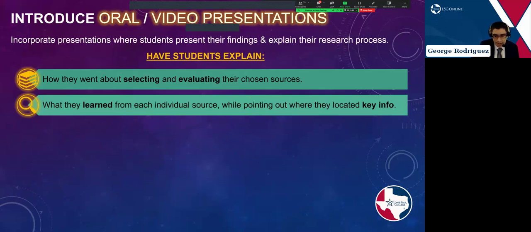So during the presentation of this video that they make, they can maybe share their screen and pull up a website or a source they used one by one and briefly sum up what they learned from that particular source. Maybe even point out the quotes and things like that that they included in their writing, or the key points they incorporated into their writing,